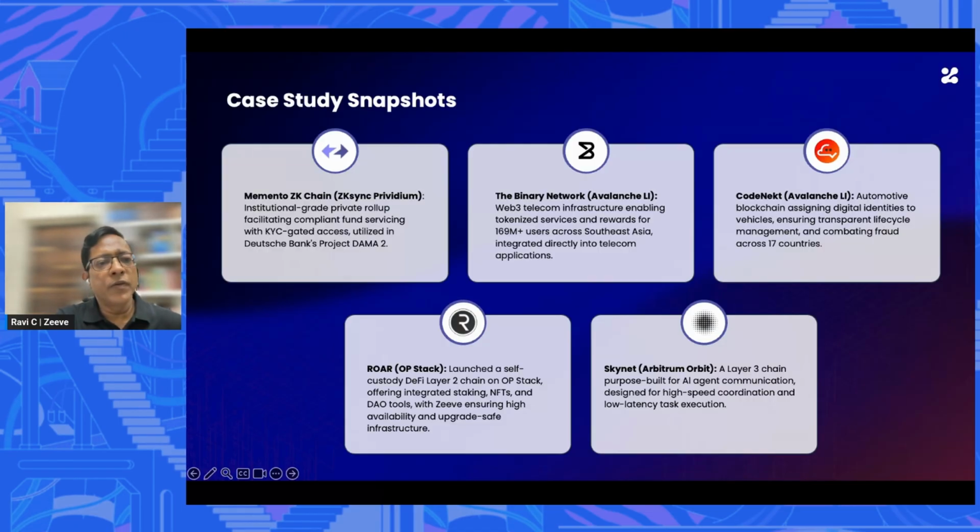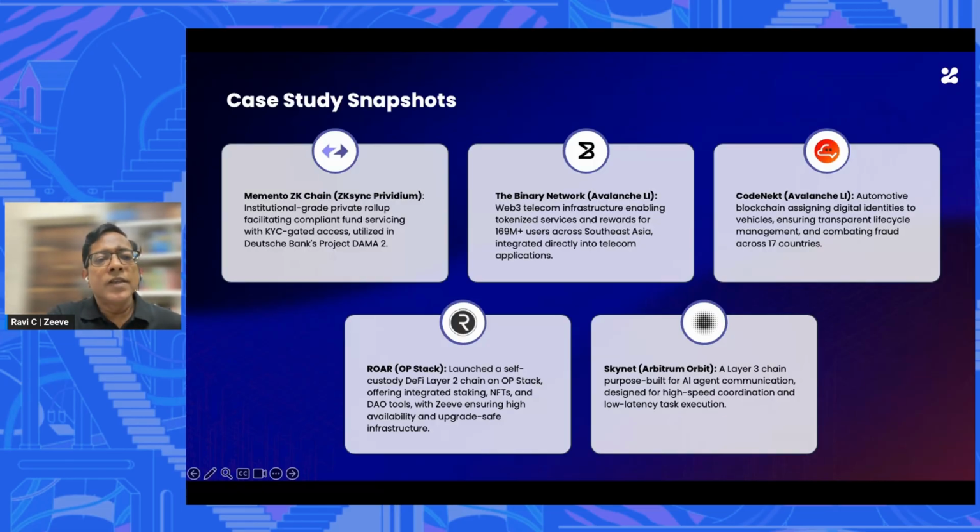It's the first chain using Previdium, and it is part of Project Guardian, with Deutsche Bank being the first part of it. It is built using ZK chain, a ZK rollup with a Validium setup or a Previdium setup. So a Validium setup in a rollup is where you have control over your data, and Previdium is where you have even better compliance of your data.